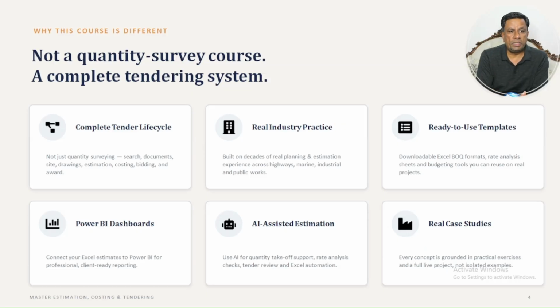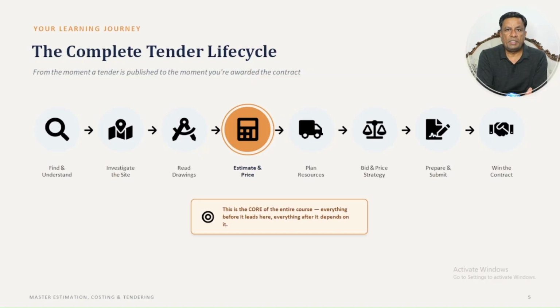This is not a quantity survey course, it is a complete tendering system. Real industry practice, ready to use templates, Power BI dashboard, AI assisted estimation, and real case studies. The complete tender life cycle will be: